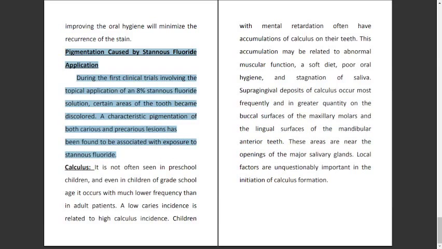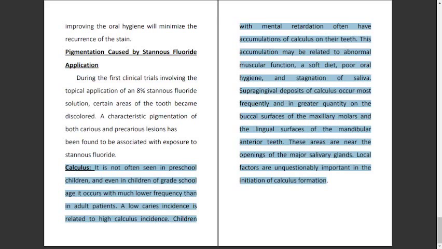Pigmentation caused by stannous fluoride application. During the first clinical trials involving the topical application of an 8% stannous fluoride solution, certain areas of the tooth became discolored. A characteristic pigmentation of both carious and precarious lesions has been found to be associated with exposure to stannous fluoride. Calculus. It is not often seen in preschool children, and even in children of grade school age it